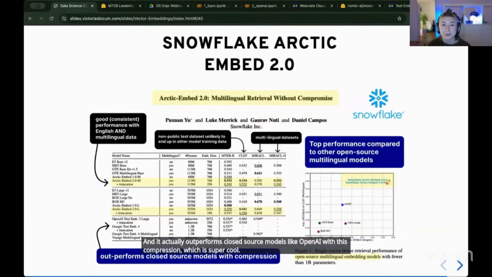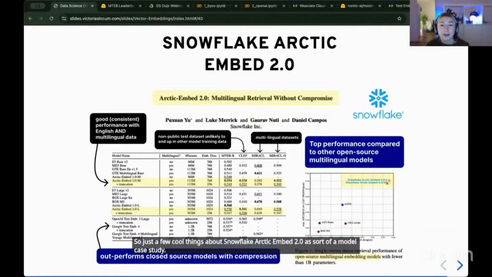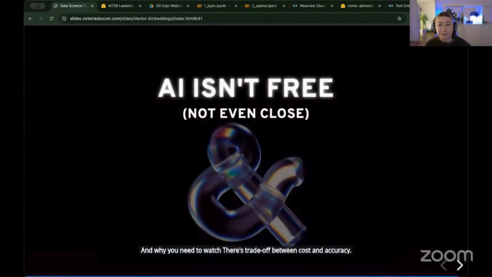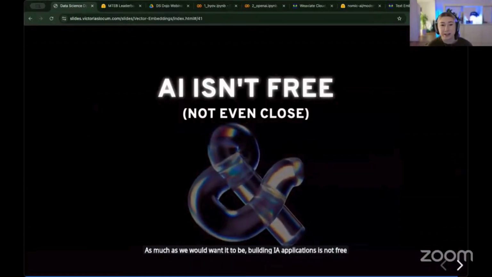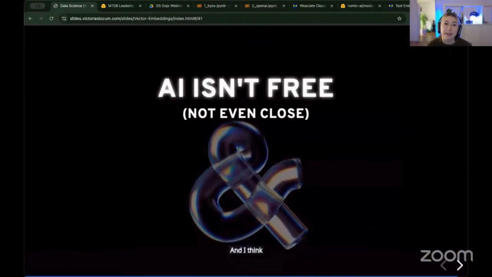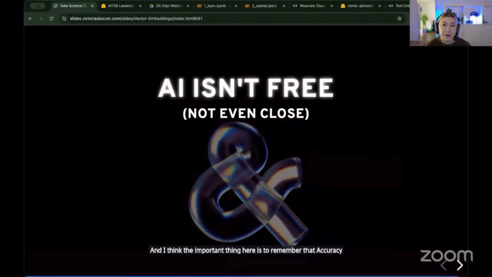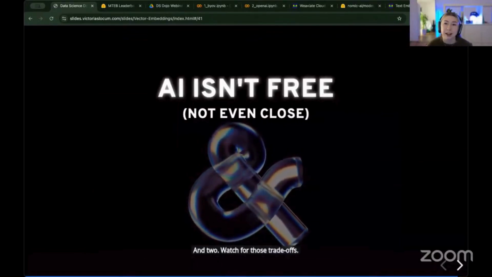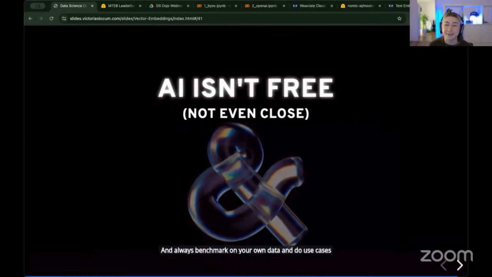So just a few cool things about Snowflake Arctic Embed 2.0 as sort of a model case study, and why you need to watch for this trade-off between cost and accuracy. As much as we would want it to be, building AI applications is not free. It's not even close. And I think the important thing here is to remember that accuracy isn't everything, and to watch for those trade-offs and always benchmark on your own data and use cases and all this. So